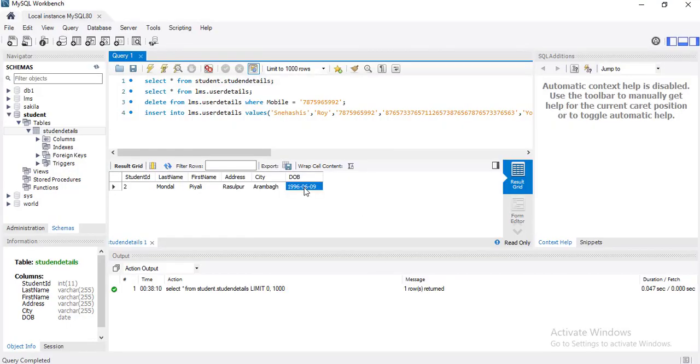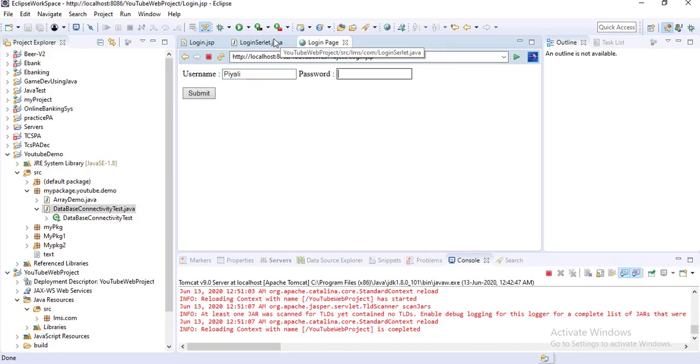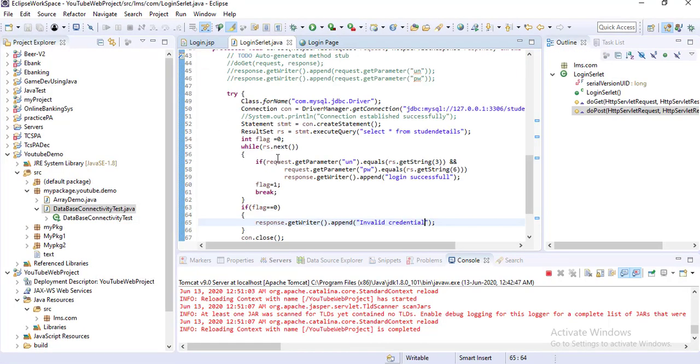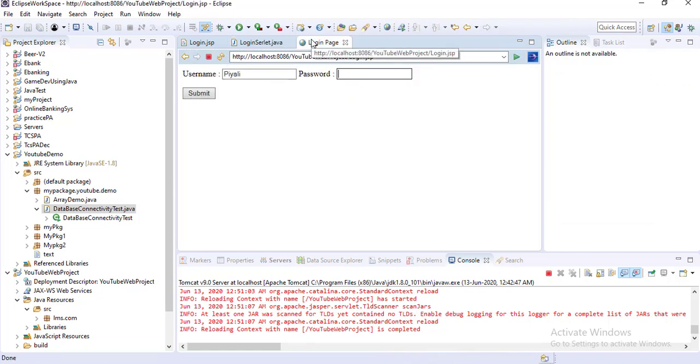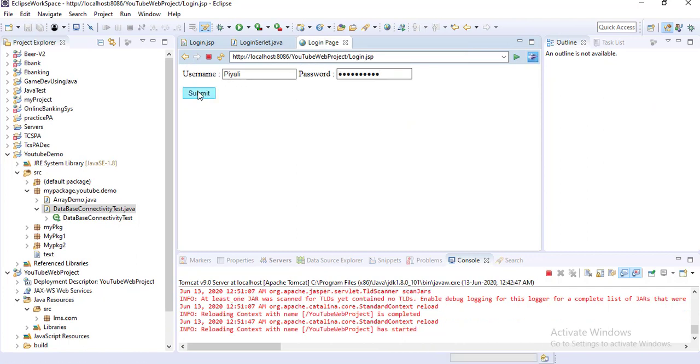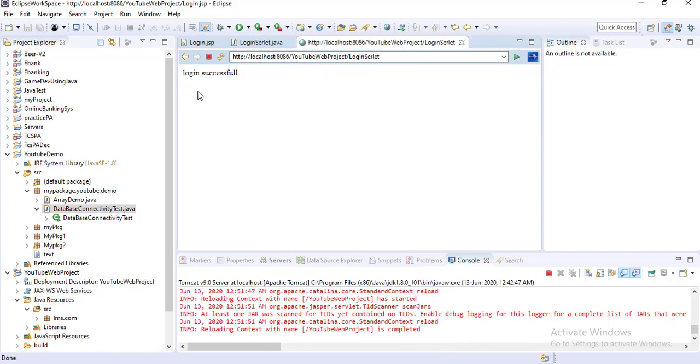So it's better to first copy it, and paste it and submit. So here you can see login successful.